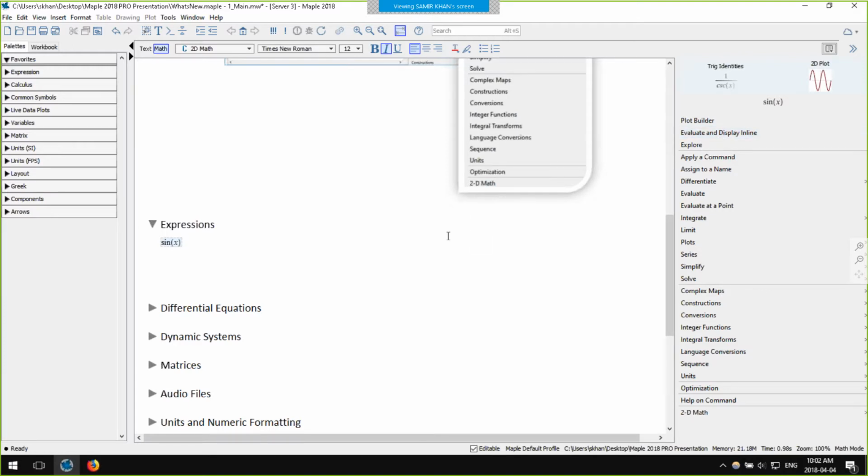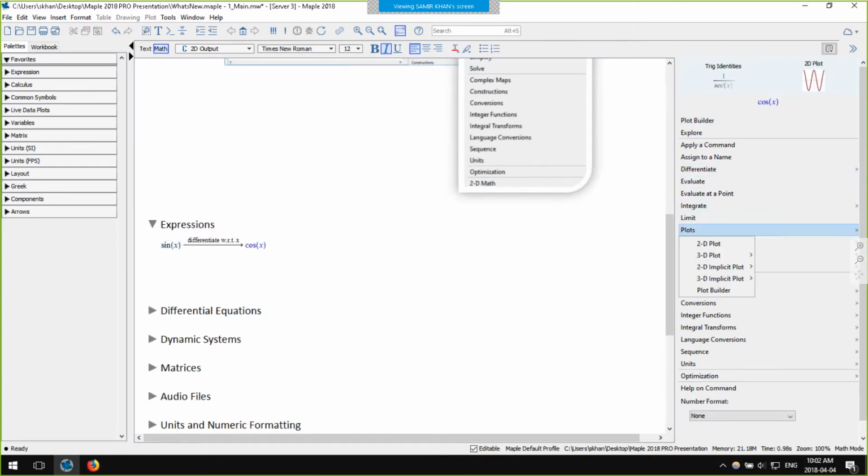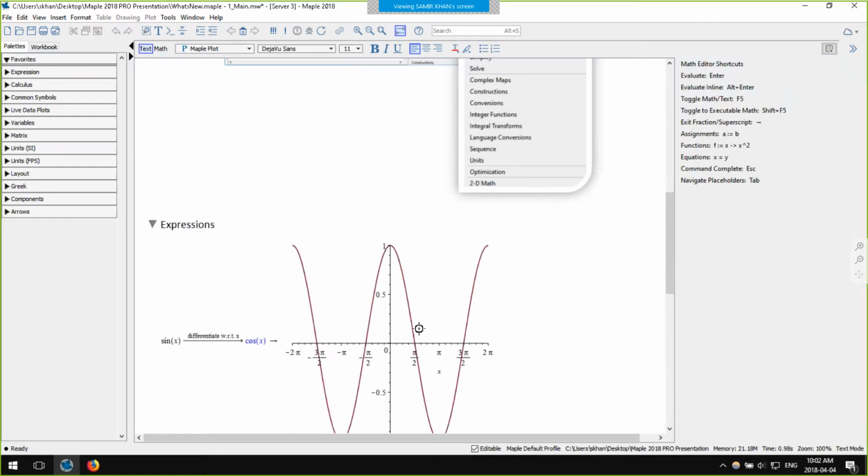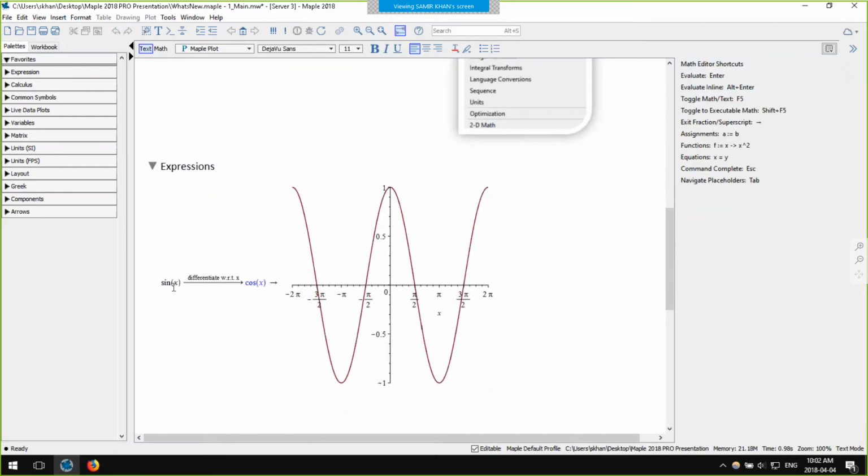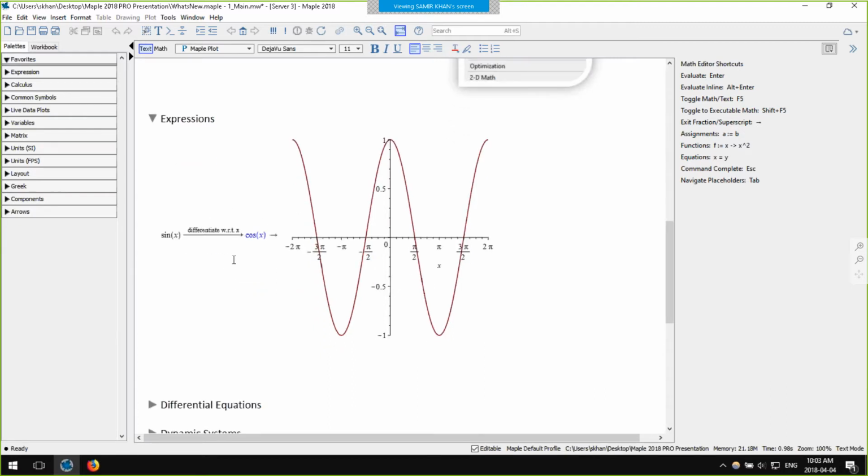So this is a far more accessible, far more intuitive way of using Maple's broad math functionality than the older context menu. So once I've got my expression, let me apply a mathematical operation to it. Let's plot the result, and there you go. The mathematical operations appear inline